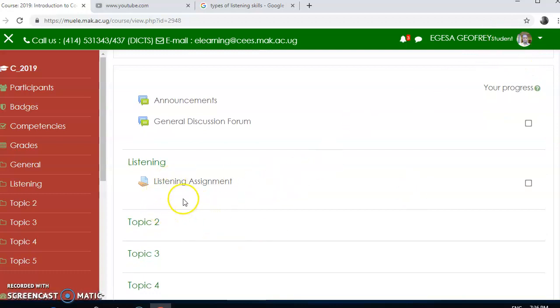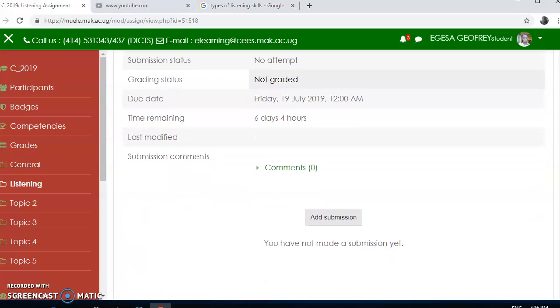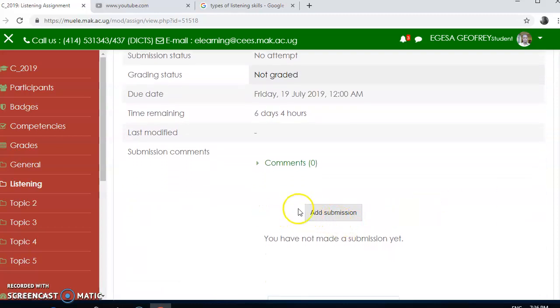When you come here and click on listening assignment and scroll down, you are able to see add submission. But it also shows due date 19th July, because the deadline is 20th, and the time remaining is shown here. So if I want to submit, I'll click on add submission